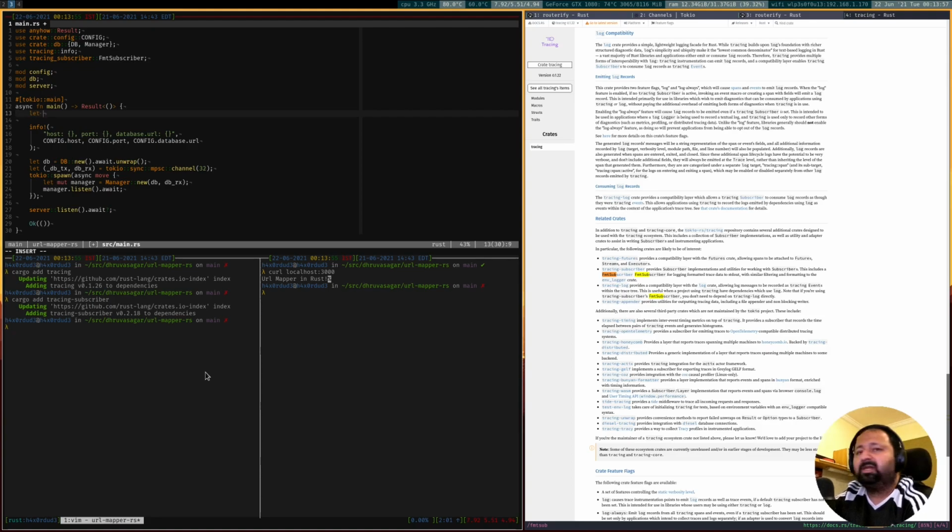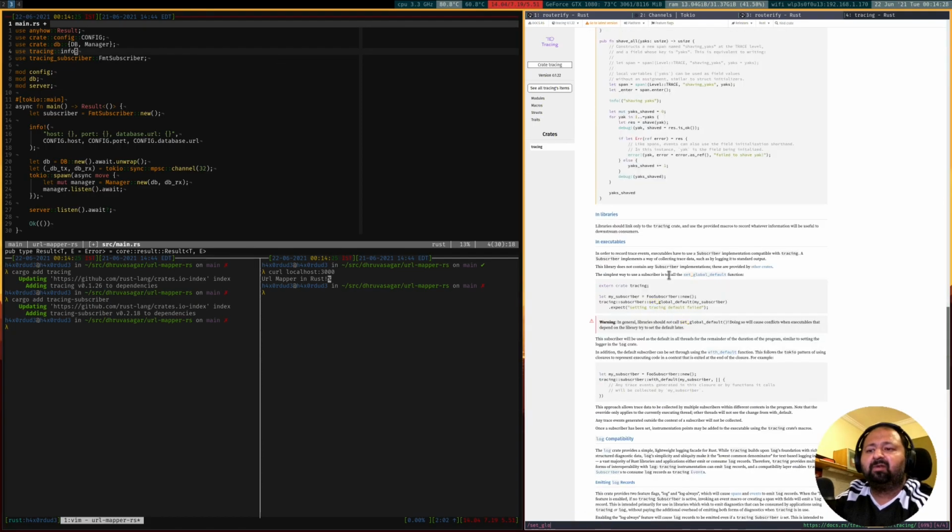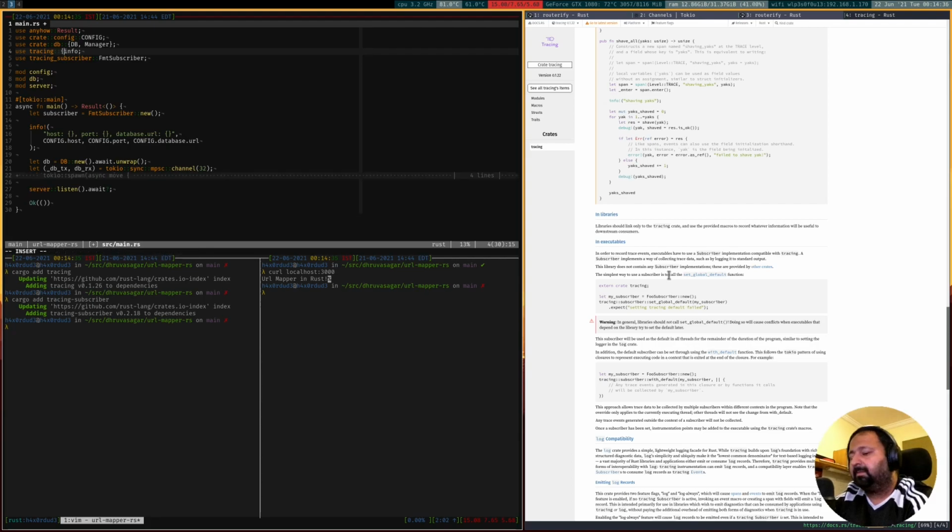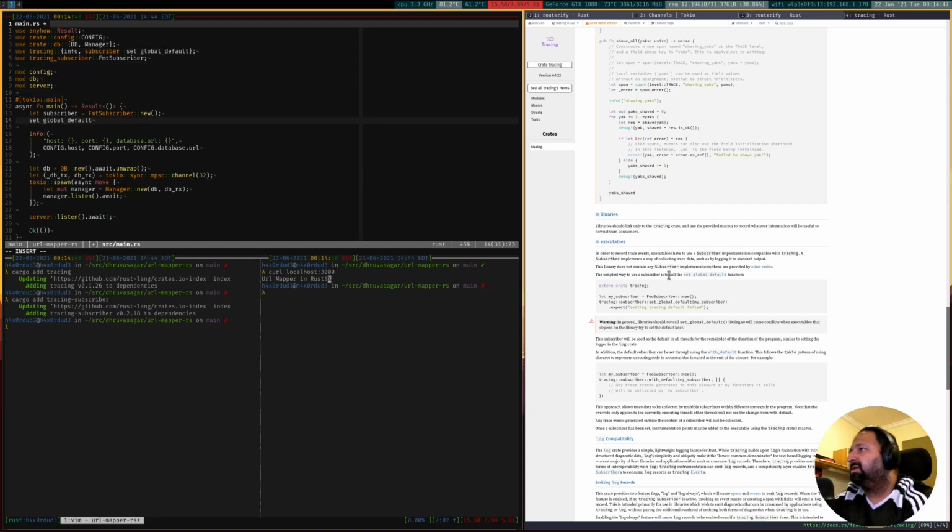So we need to create the subscriber, which would basically be just an instance of FMT subscriber, and then we have to utilize that global default. Yeah, so we utilize that. That comes again from tracing. Subscriber set global default, that's the one. Set global default is going to be our subscriber.